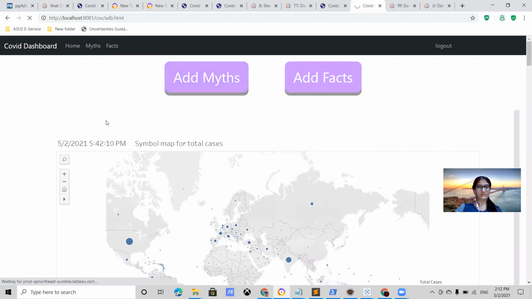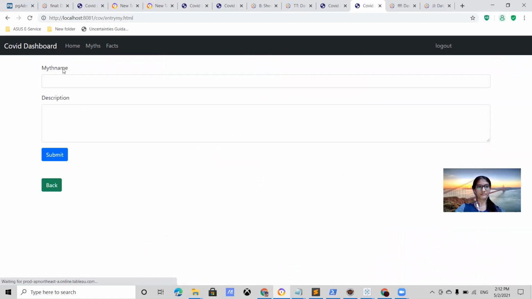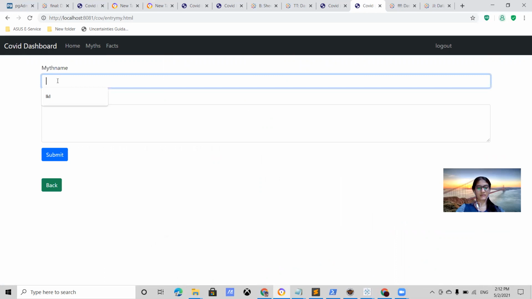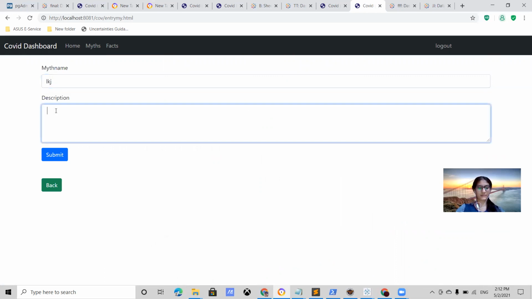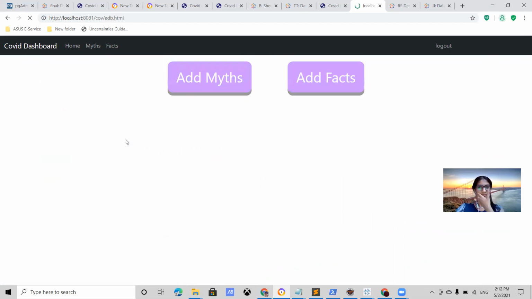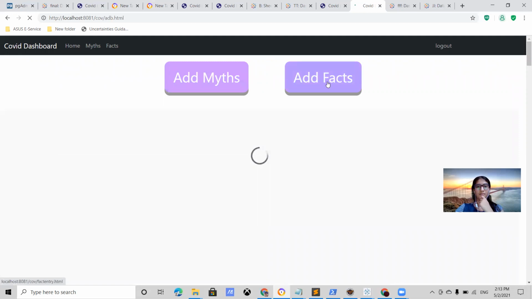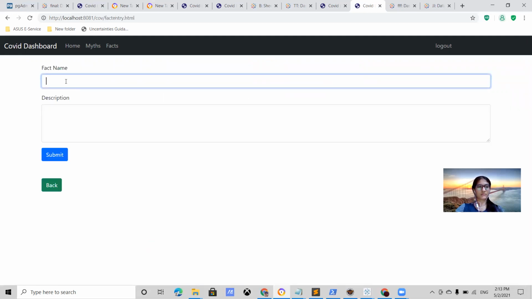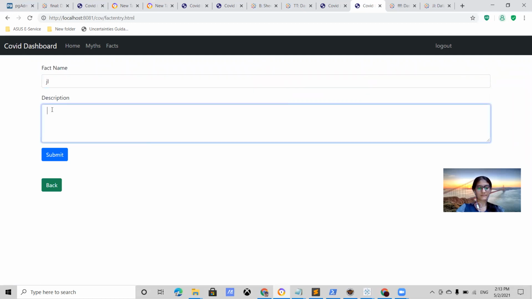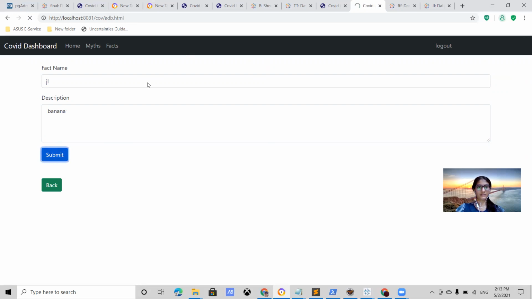We can add myths. As this is a demo, let me type something. Okay. Let me add a fact also. This is some raw data.